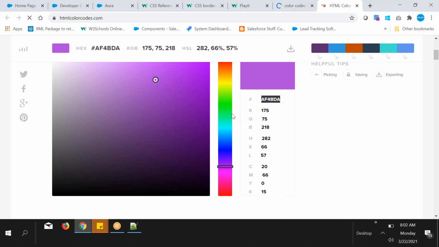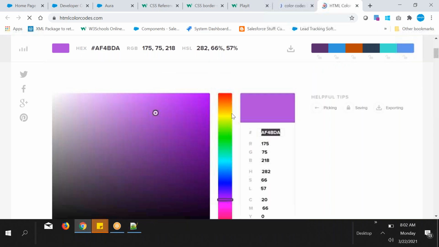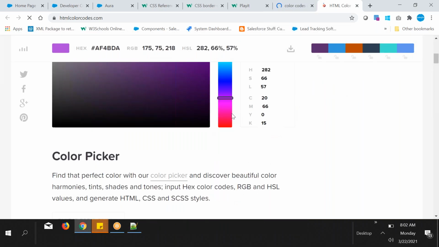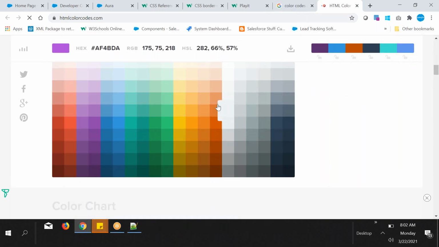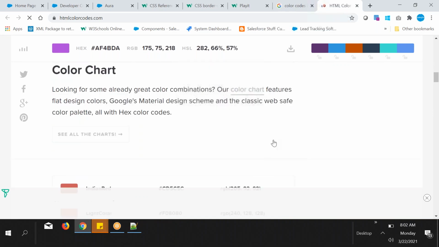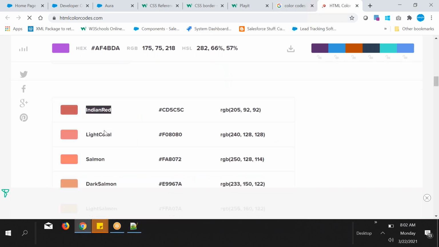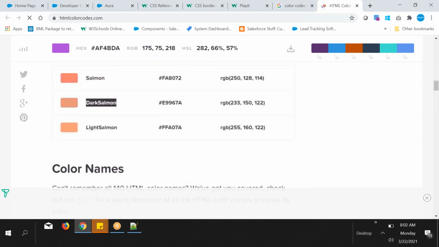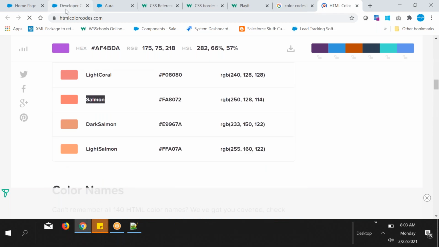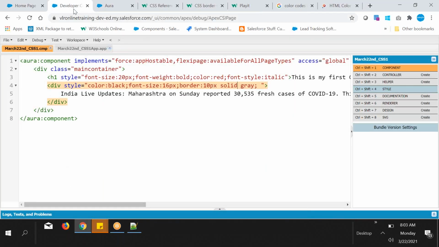Okay, and the colors, right? Only for a few of the colors you can give names, and for the remaining ones you can define the colors with different codes. So this one is Indian red, light coral, and dark salmon. Let's see here. Suppose salmon, click on it, and instead of gray, if I give salmon, let's see here.